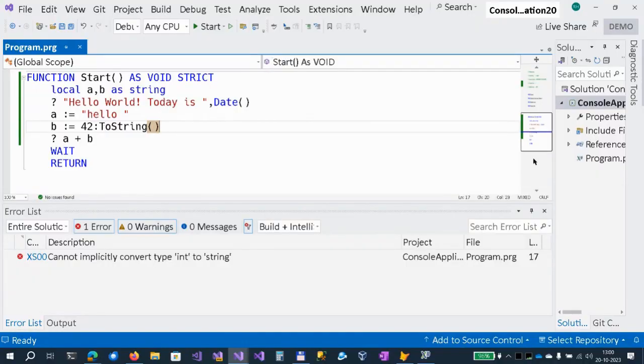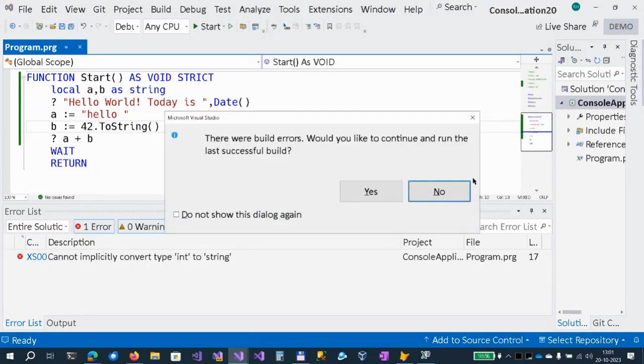This looks a bit weird, but I could probably also do this: I call a method on a number. This is something in .NET. All the data types inherit from an object, so everything is an object. So this actually works. It's weird, but it does.